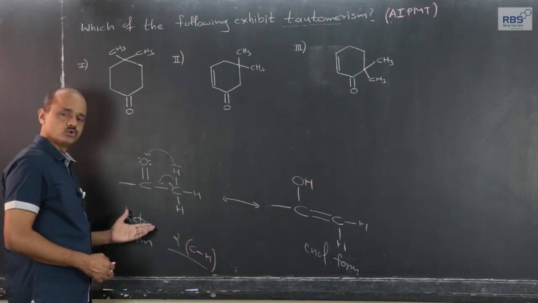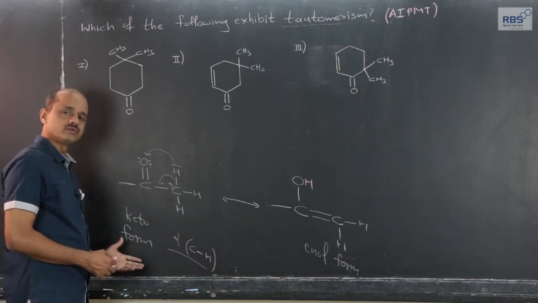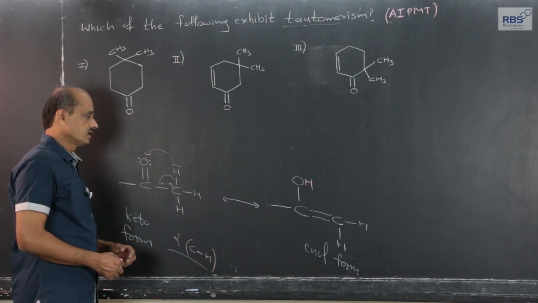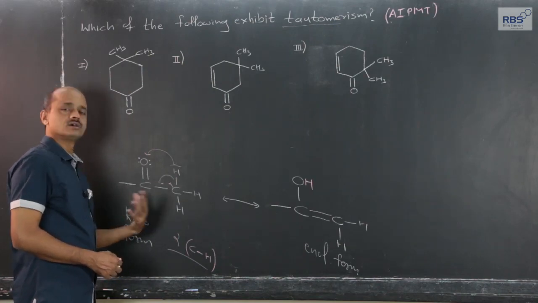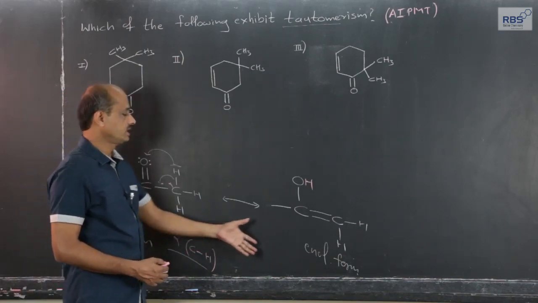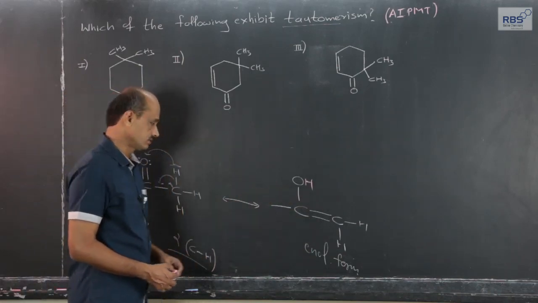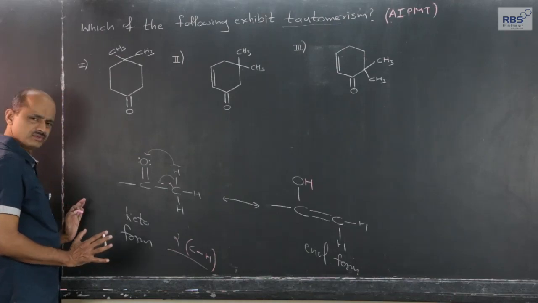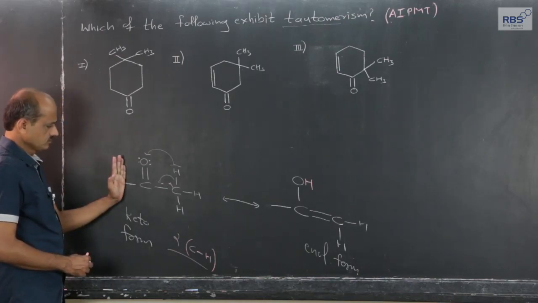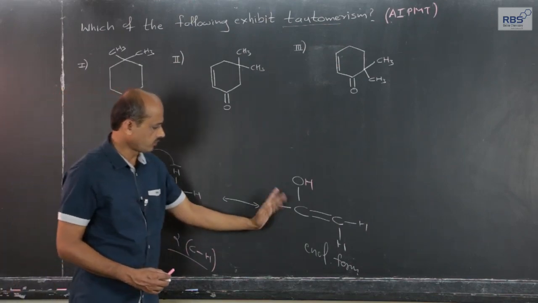So, it takes place on its own, and the keto form is always in majority, more than 98, 99 percent. Under certain conditions, if there is conjugation, resonance or acidic condition, then the percentage of the enol form will increase. So, this much if it is known to us, the enol form,